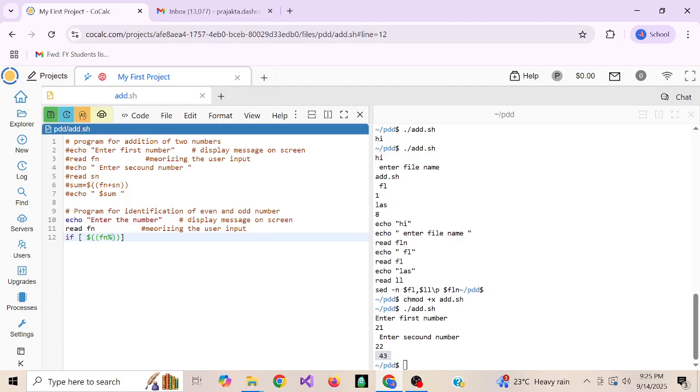mod 2. What is the job of dollar? That is already covered. And what is new here? Fn mod 2. What is the job of mod 2? Mod 2 is just a number. What is the job of that mod? Mod is used for checking the remainder. I will repeat, mod is used for checking the remainder